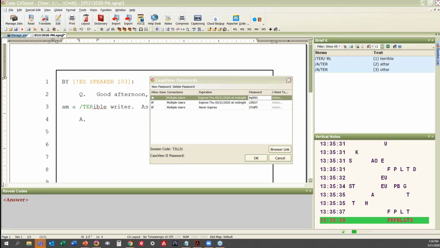Now, notice that when I'm sending you guys a message, I'm sending it from me to the entire audience so that everybody can see the chat. Most chat options will allow you to direct a chat message to one individual person, as opposed to an entire group of people, so that not everybody gets the same thing. So that if you want different passwords for different attorneys, you can arrange that and set that up. And if not, if you're using a chat that doesn't permit that, then what you can do is